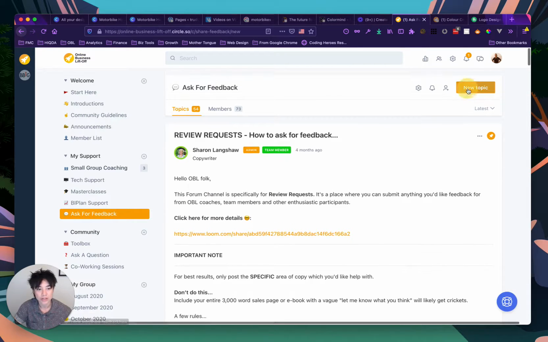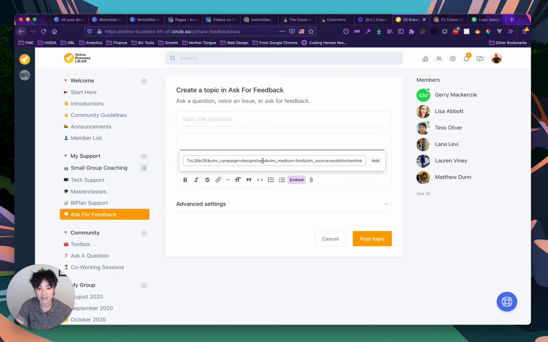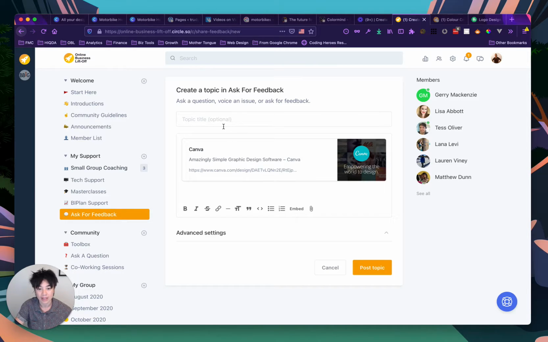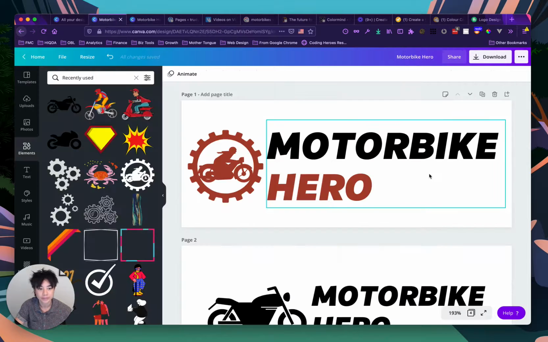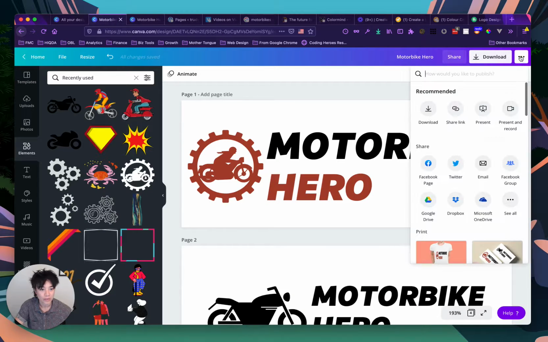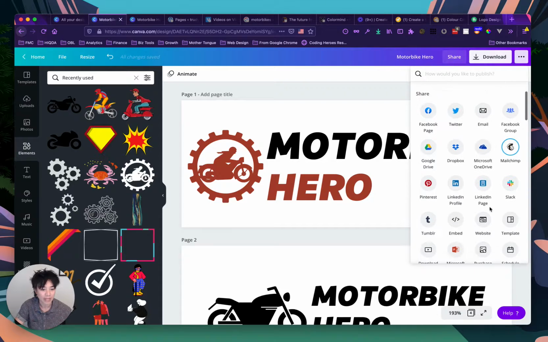Click on new topic. And then you can paste, actually, click on embed, because we want people to be able to view it in there. Embed like this. And, actually, sorry, my mistake. It's the wrong one. So what we want to do is click on this, go to see all, and we want this embed code right here. So click on embed,